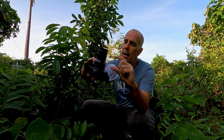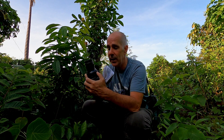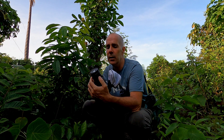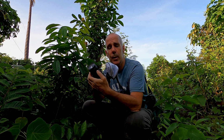So right now I'm using the 7artisans 60mm macro just here. Actually now attached to 2 extension tubes, the equivalent of 31mm. As you know, the further the lens is away from the sensor, the more magnification you get. So that lens is very nice, good value for the money, under $150, very sharp in the middle, manual focus, but you don't really need